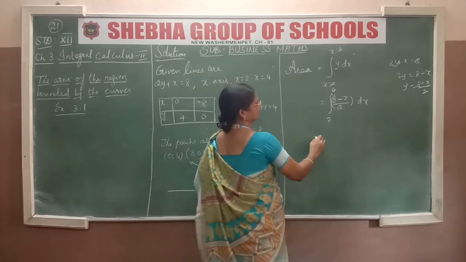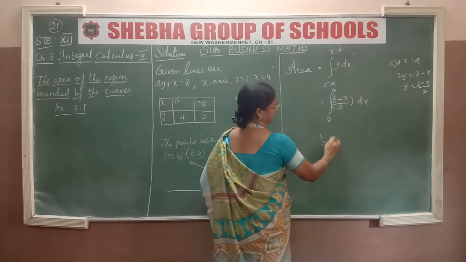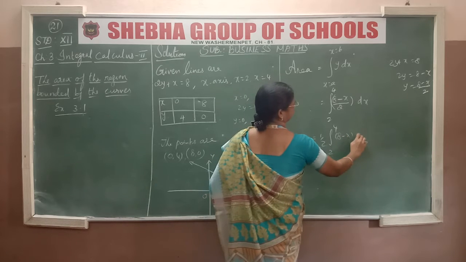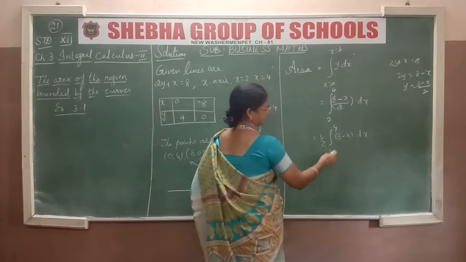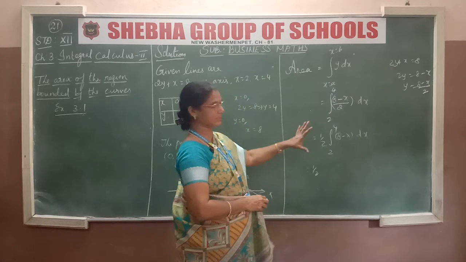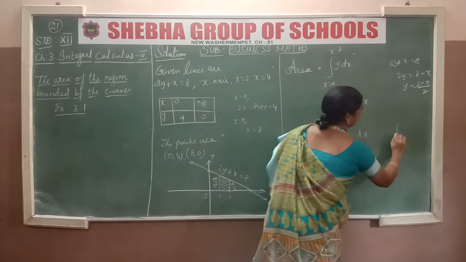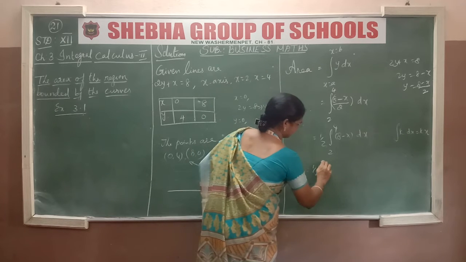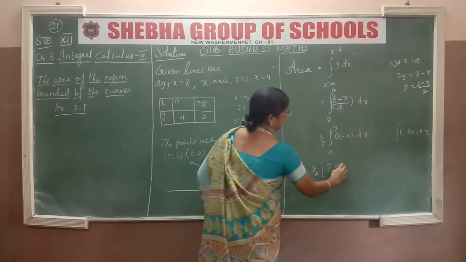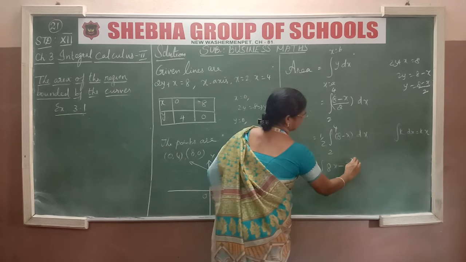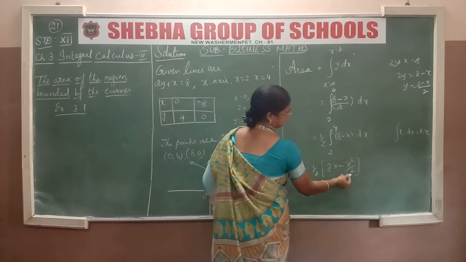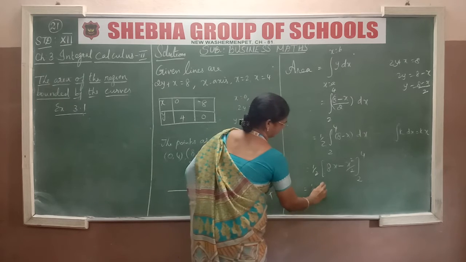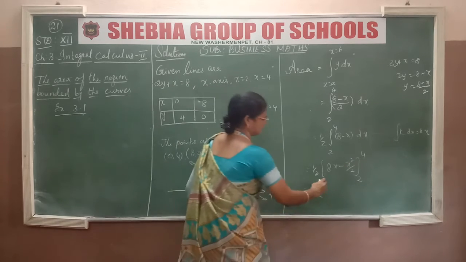Okay. Which is equal to, taking this 1 by 2 outside, this is constant, isn't it? So taking outside, inside we get 8 minus x. Now integrating, this is the constant. So something k means what? Integral k dx is k into x, isn't it? So we get 8x minus x power 1 is there, so x square by 2. Integration of x is x square by 2. Limits 2 to 4. So it is equal to 1 by 2 into first substitute the upper limit, that is 8 into